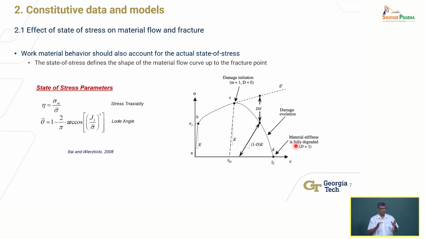Well, this is where the notion of yield criteria comes in. Yielding is yielding, just like in a tension test. Go past the elastic limit, it yields, right? That's the yield point. And beyond that, it deforms, it strain hardens and fails eventually, right? Fractures. So that is just uniaxial tension, simple tension. But if you're talking of a material being subjected to more complex loading in multiple directions, normal loading, shear loading, etc., then I need some way to be able to tell under what combination of loads will it fail.